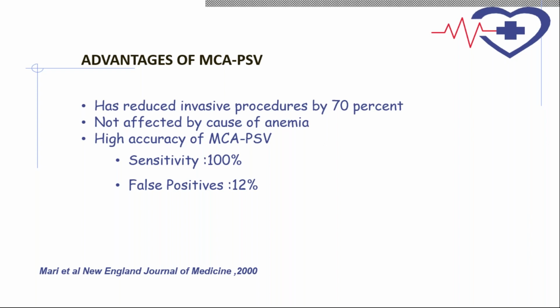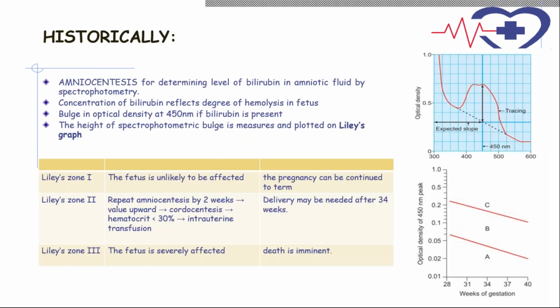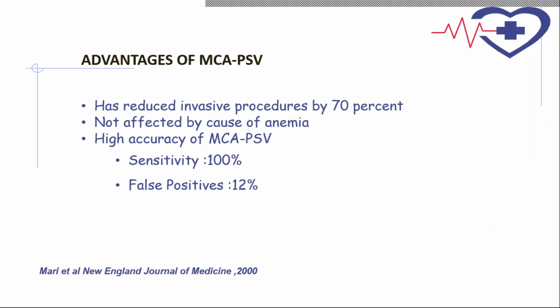Now, the advantage of this, how this is a breakthrough in the medical sciences, to detect fetal anemia, middle cerebral artery peak systolic velocity. Earlier, a long time back, say 2-3 decades back, to detect fetal severe anemia, repeated amniocentesis were done, and they used to estimate the serum bilirubin concentration in this amniotic fluid by a Liley's chart, by putting it through an optical density, and very complicated. And the disadvantage was every 1 or 2 weeks they were doing amniocentesis, which used to increase Rh immunization in itself, plus there was risk of infection, risk of fetal loss.